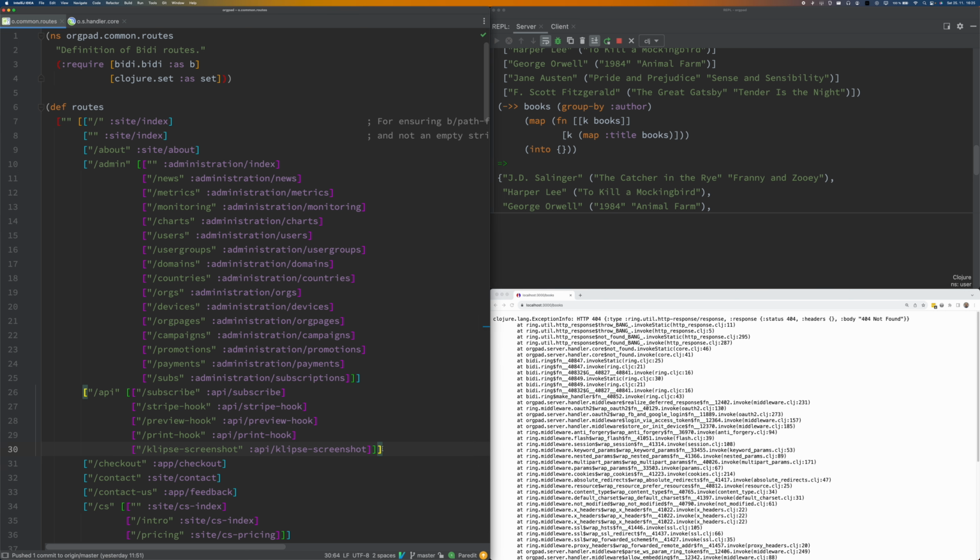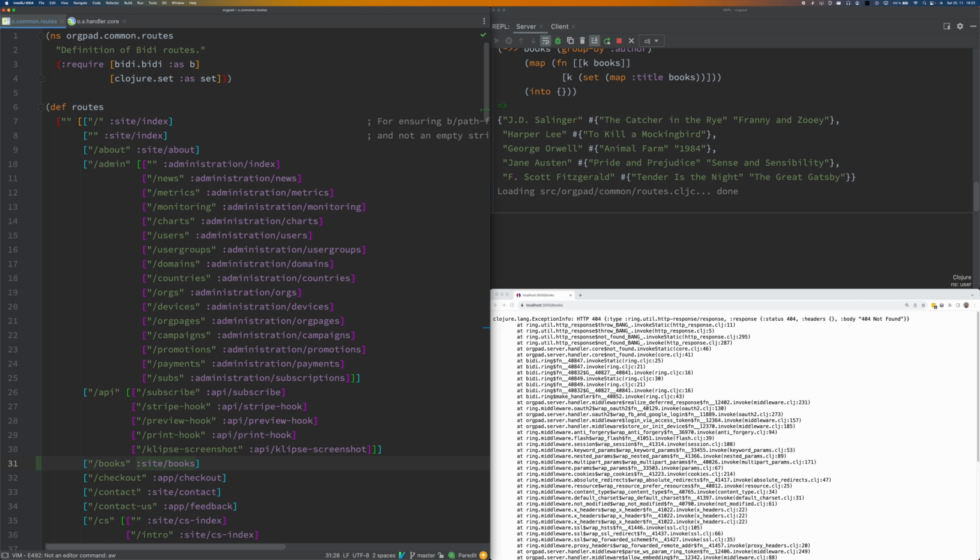Let's add it there. So first, I have to add it inside this table of routes. So I will do that. /books is, let's do site books. Let me reload this file so it gets updated inside the living server. Okay, I have added the books route, but of course when I reload it I still get a 404 error since I just said that there is this books route and it corresponds to this identifier, but I haven't said what should be done when it's opened. It's just the naming. I just named the route.